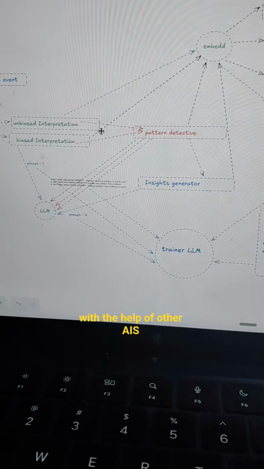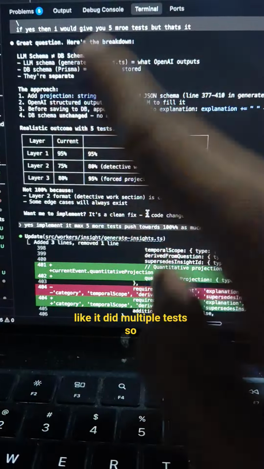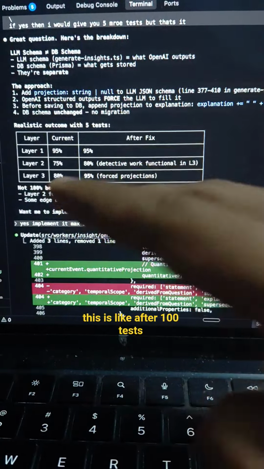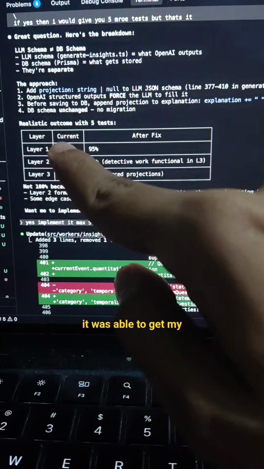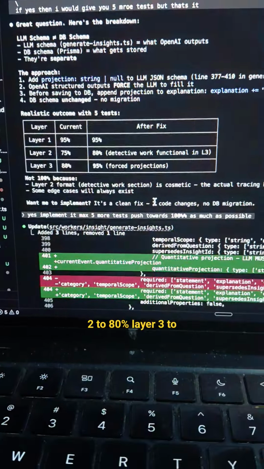It is almost like training AI with the help of other AIs. And I did this right now here, and as you can see, it did multiple tests. After 100 tests it was able to get my layer 1 to 95% accuracy, layer 2 to 80%, layer 3 to 95%, and then